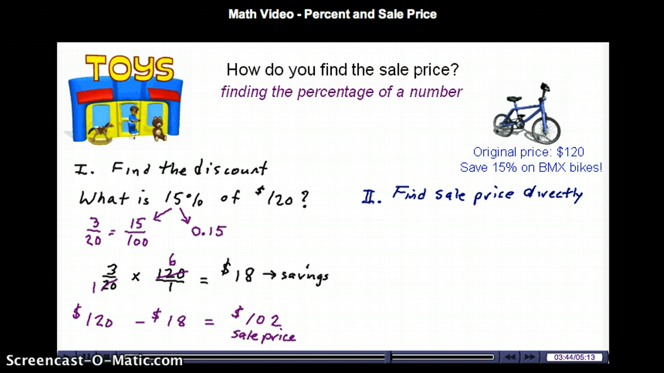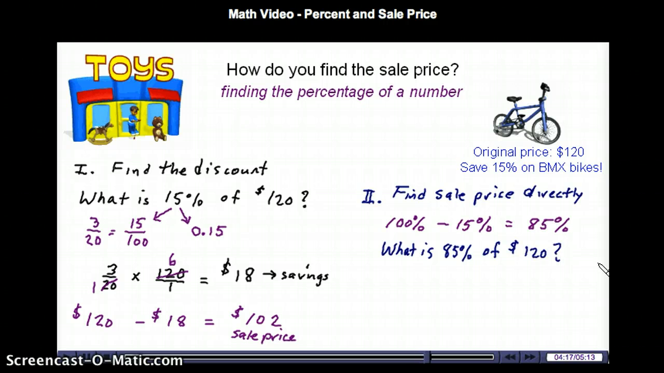Well, how did I know that? Well, the original price of the bicycle is the full amount, or 100%. And I'm going to subtract the savings, which is 15%. And what I'm left with is the sale price, or 85% of the original. So the question becomes, what is 85% of